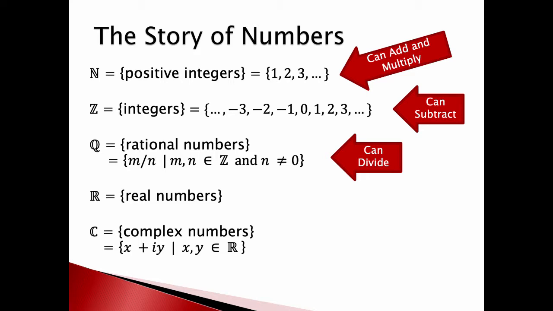The complex numbers are really cool because they're there so we can solve equations with quadratics, like x squared equals minus 1 is the most obvious one. If you take two real numbers and multiply them together, you can never get a negative 1 because a positive times a positive is a positive, negative times a negative is a positive. There's no way you can make x squared ever be negative 1 if x is real. But you can with a complex number because x could be i. So that's really cool.